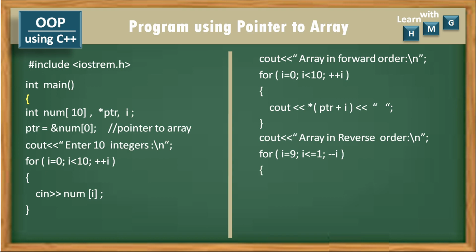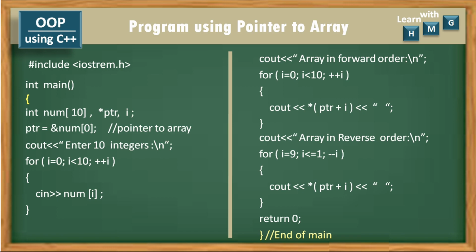0 in reverse order, and using the cout statement, *(ptr + i), I will print the individual element values from 9 to 0. That is, first it will print *(ptr + 9), then *(ptr + 8), *(ptr + 7), then 6, then 5, then 4, 3, 2, 1, 0. So like this 10 elements will be displayed in reverse order from element number 9 to element number 0. Let us end this program with return 0.